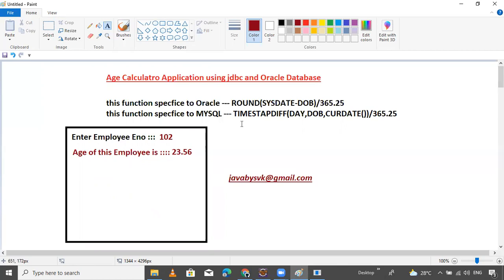I am planning to take one session on interview questions about core Java. I am preparing the interview questions a little bit. I will take a session of at least 4 to 5 hours. There I will cover almost 60 to 80 core Java related questions. After core Java, I will take advanced Java also, a little bit of questions, but in core Java the most frequently asked questions I am preparing.